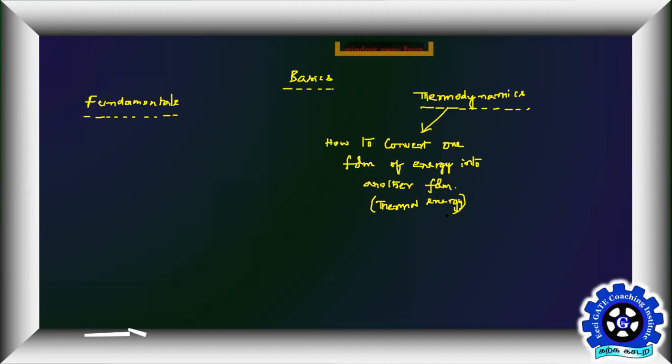If you have understood very clearly how to deal with these kinds of conversions, using some kind of a technical term called a system. So we use some kind of system to do this job. The job means converting one form of energy into another form, especially thermal energies. Then the first part of thermodynamics is over.